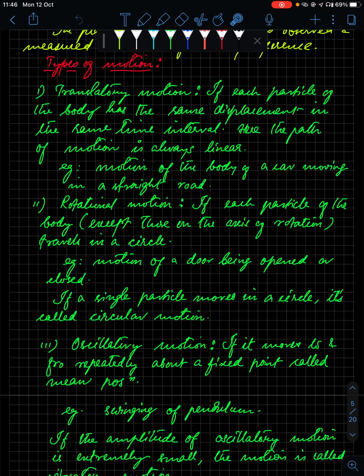But you have a little bit of difference, like when a body travels in a circle. Okay, like the planets. You see, the planets are revolving around the sun. Okay, in that case, the planets are having a circular motion. But the planets are also spinning on their own axis. In that case, you'll say that the planets are having rotational motion on their own axis. Okay, so understand the difference between the two.